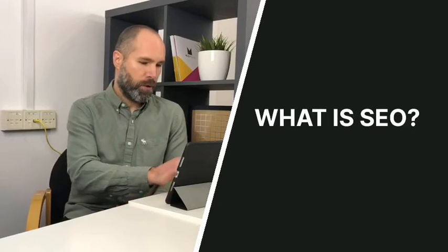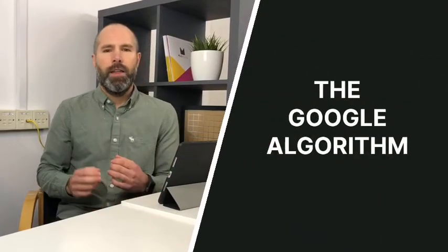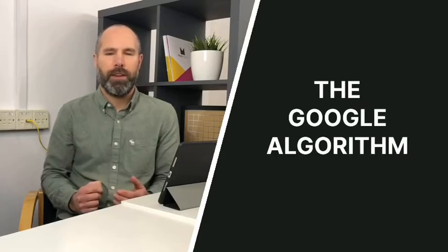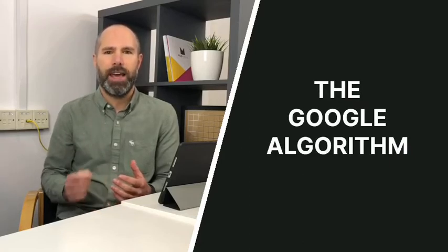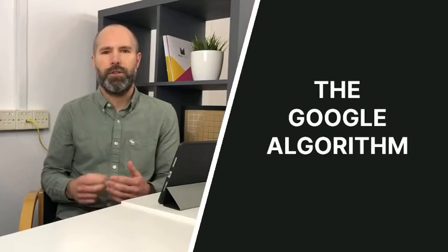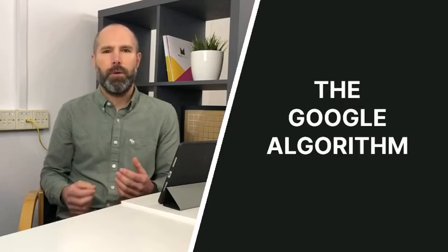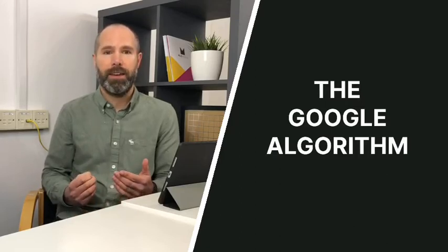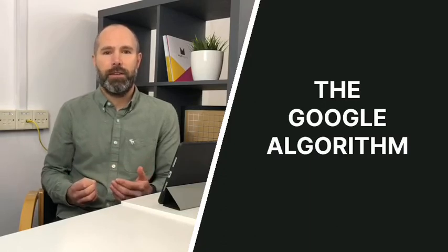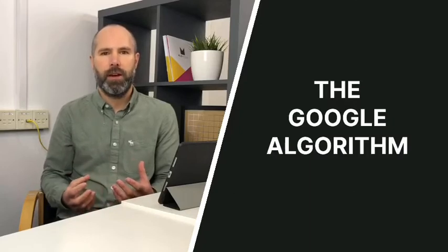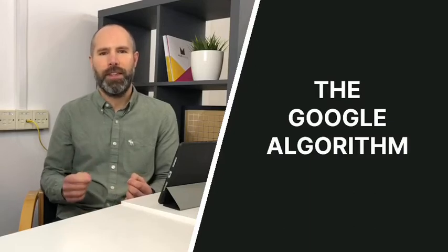So let's talk about the Google algorithm. It's important to note Google don't tell us exactly what they use to rank websites. They don't tell us their exact algorithm. They use around 200 different indicators and factors to rank content. Now, they do tell us some of them, and looking at the data from work that's done on websites, on what works and what doesn't, it helps build up a picture of what Google are looking for. So it is worth noting we don't know their exact algorithm.